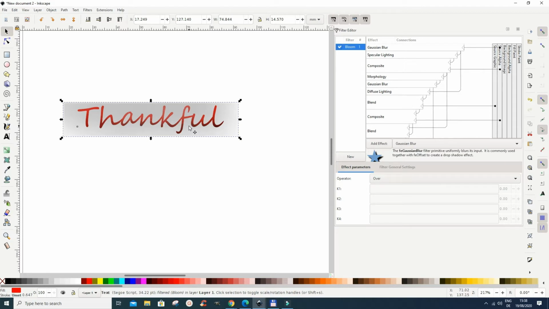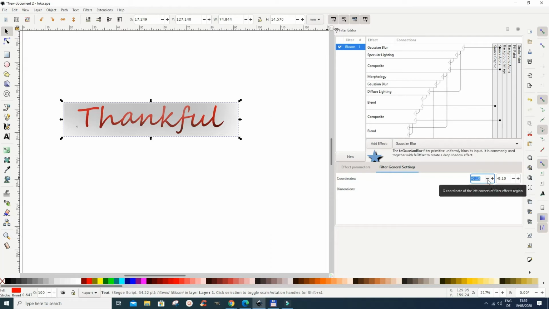updating an existing one. Another thing I forgot to tell you, apart from the effects parameters, we have also the filter general settings. You see, this tells us where the filter is happening. So it defines something like a bounding box where it starts, where the x coordinate starts and the y coordinate starts. So let's see here, you see coordinates. This is the x coordinates of the corner of the filter. It's by default for the bloom, it starts from minus